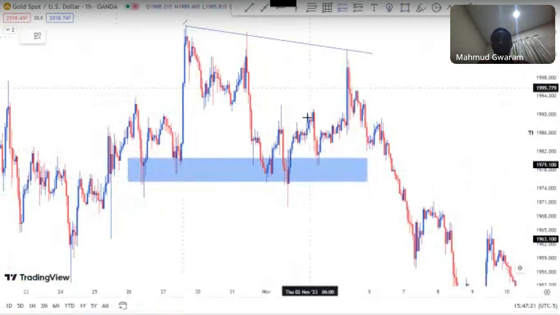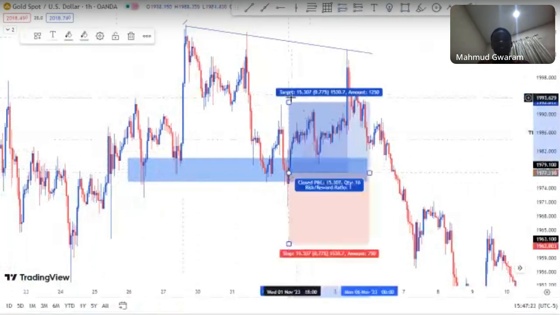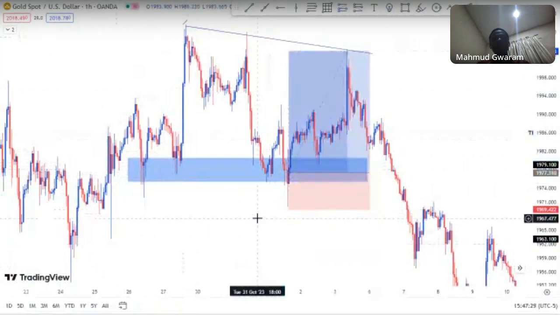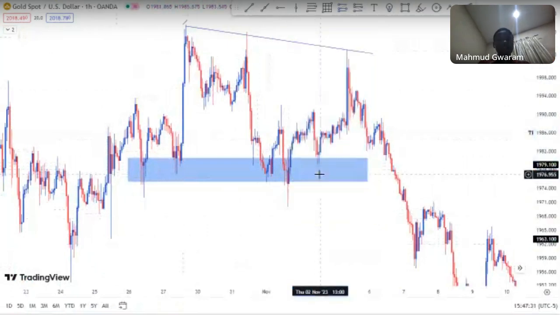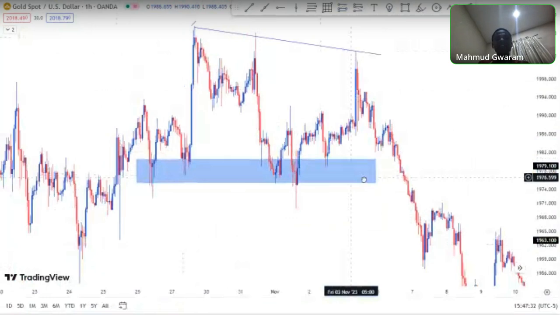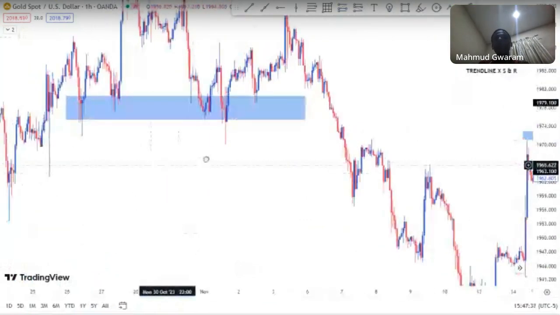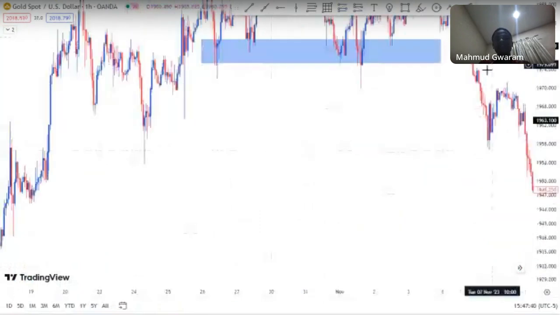My take profit is going to be at the point of the trend line, because I feel like when it comes to this trend line, it's going to come back. It's going to reverse. Understand what I'm trying to say? That's it. But what people prefer the most is breakout and retest. They believe more in breakout and retest